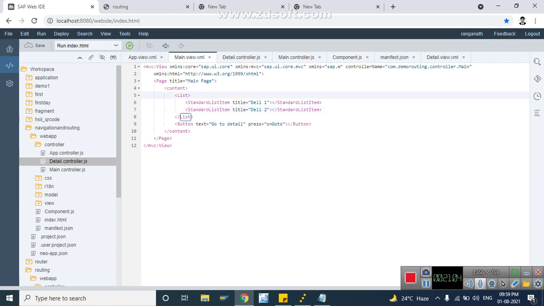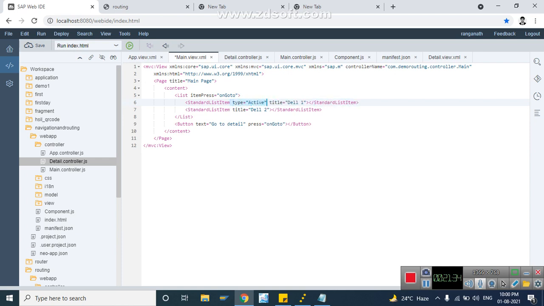So here we will have to give item press, and on press of that it will go to on go to detail. Okay, and then we'll say the type is active.